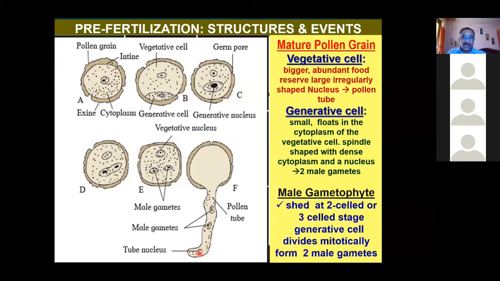This will not disorganize, because these are the male gametes which are entering into the ovule. These are the two male gametes which are going towards the female gamete. Now my one simple question here. You see, this is the male gamete, generative nucleus. What is the genetic constitution of this generative nucleus?